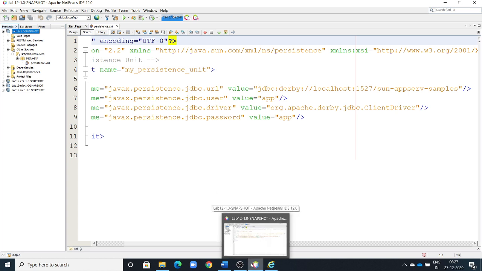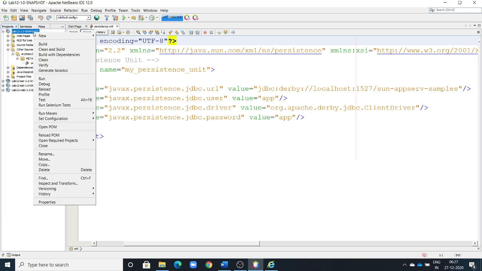So far, in the last 11 labs, we created the entity class and then for that entity class we created the table. But here it is opposite. First we create the table. From the table we are going to create the entity class. That means it is going to create the code for the entity class automatically. You are not going to write any code in the entity class. What we learned before is a little different here.